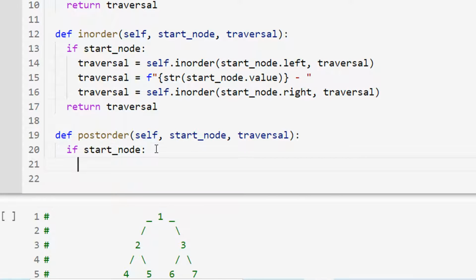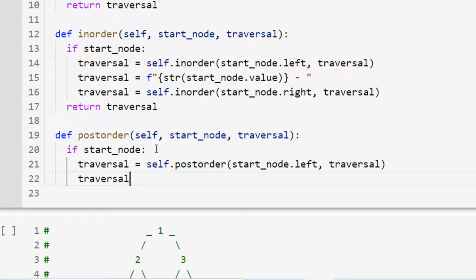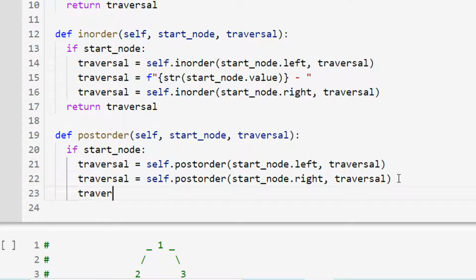So we're going to do it like this: traversal equals, again using recursion, the method is going to call itself, post order, we're going to pass in start node dot left traversal, and then now we're going to go through the right node, again using recursion, the right traversal, and finally on this third line here we're going to grab the value from the root node,